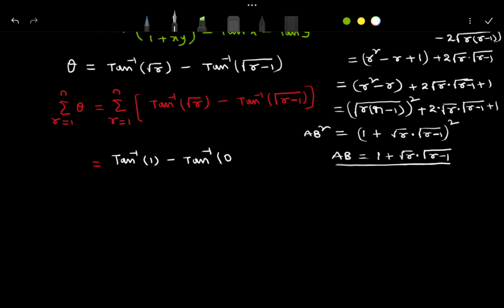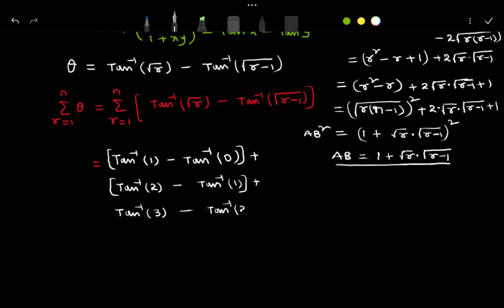This is the first term, right? Second term, if you write r equals 2, tan inverse of root 2 minus tan inverse of 1. This is the second term, plus next one is r equals 3, tan inverse of root 3 minus tan inverse of root 2. So like that, if you substitute,